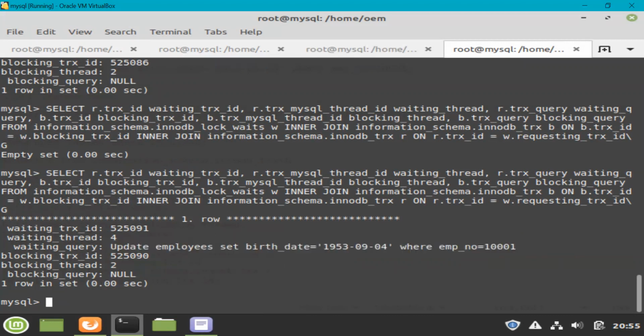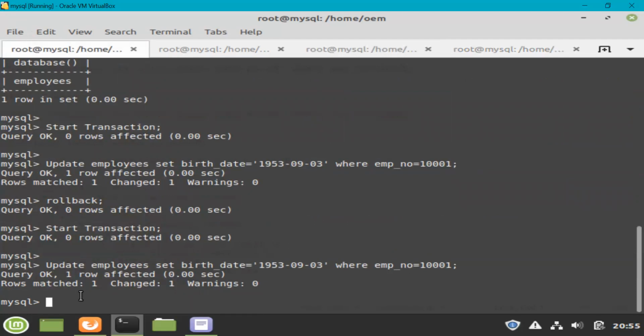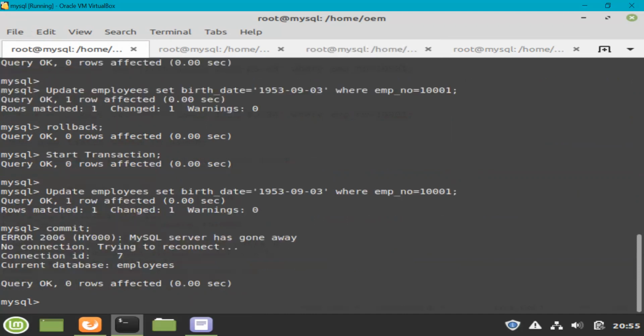Now, if I write kill 2 and execute this, this kill command is completed. If I come back here, this transaction is killed. If I try to do a commit here, or if I try to do a rollback here, let's see what exactly it will say.